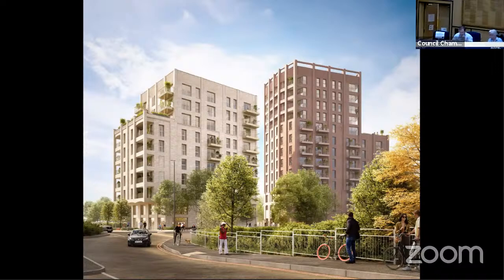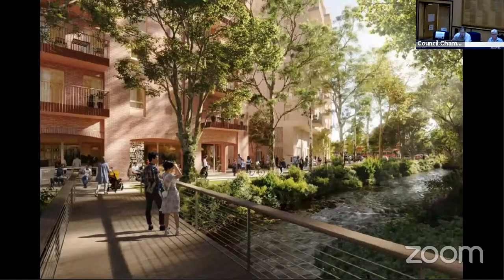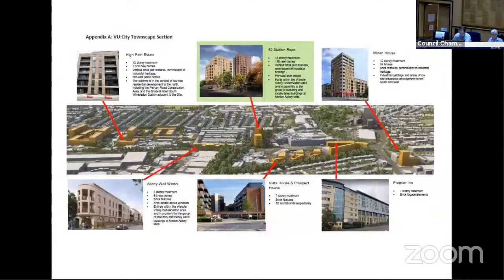There'll be 456 square meters of commercial space over the ground and first floor levels of the south block and the ground floor in the north block. The ground floors of both blocks are largely going to accommodate the secure cycle storage, plant rooms, and the refuse bins.